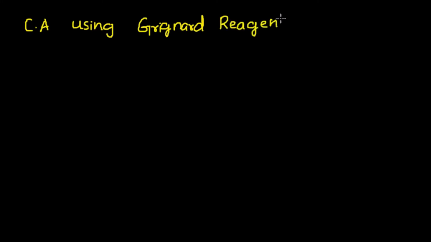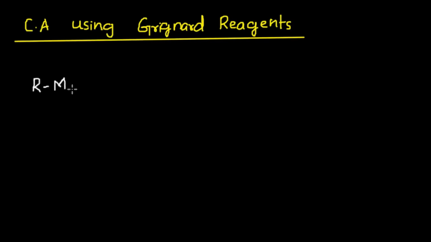Now let us go through the preparation of carboxylic acids using Grignard reagents. Grignard reagents like RMgX